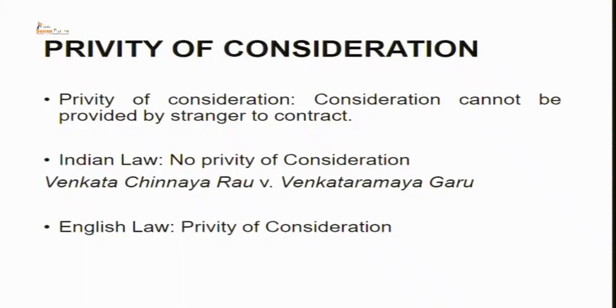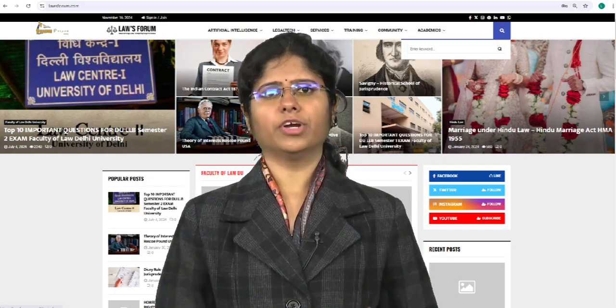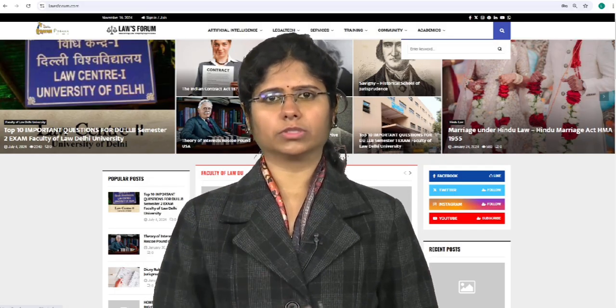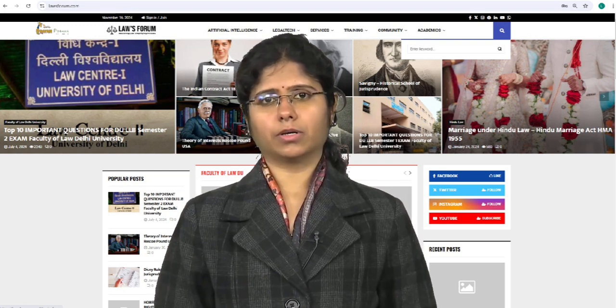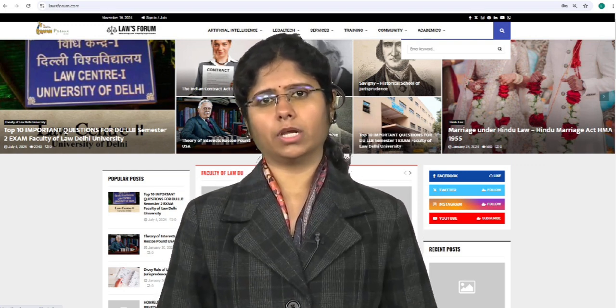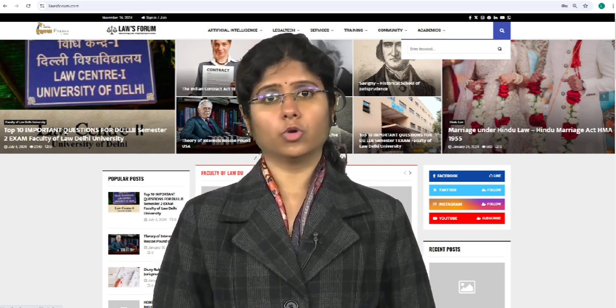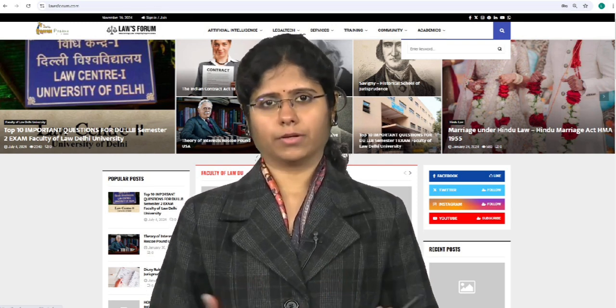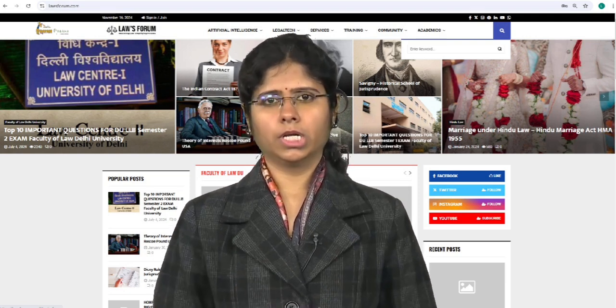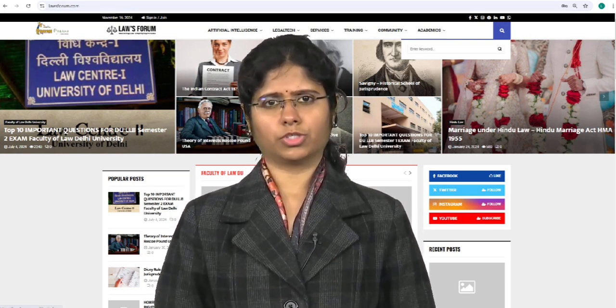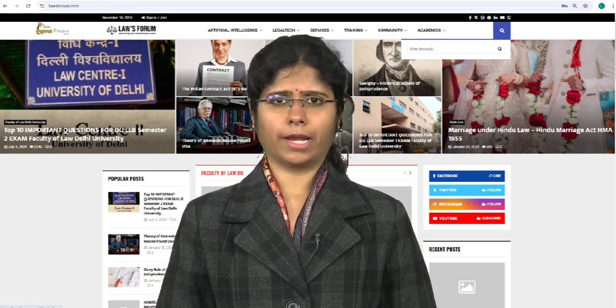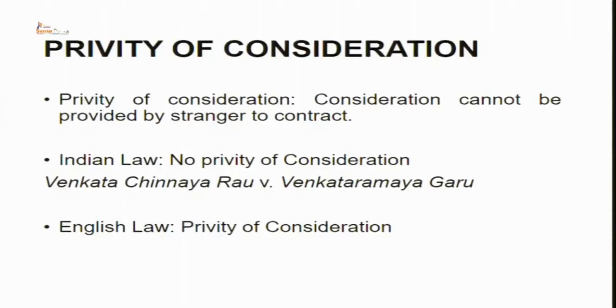So the concept of privity means that if the thing is between two people, no third person can intervene. So the two parties are privy to it. There is no involvement of a third person. But our law says that at the desire of the promisor, the promisee or any other person can provide consideration. So do we follow privity of consideration in India? No, we do not. Because, and this is something which is written in our law only, we do not follow privity of consideration, and consideration can be provided by any third person also, who is a stranger to the